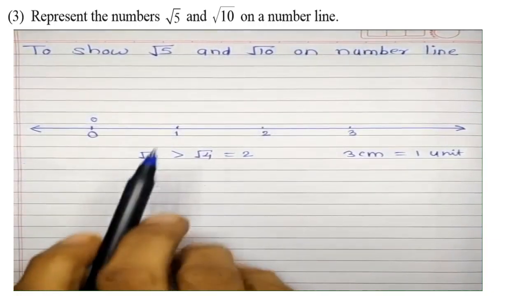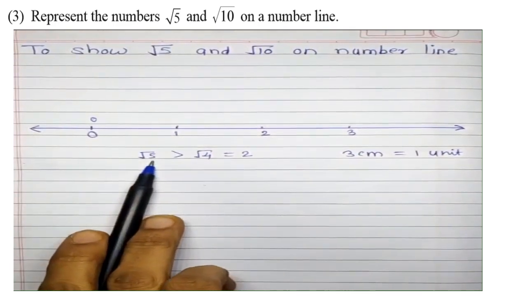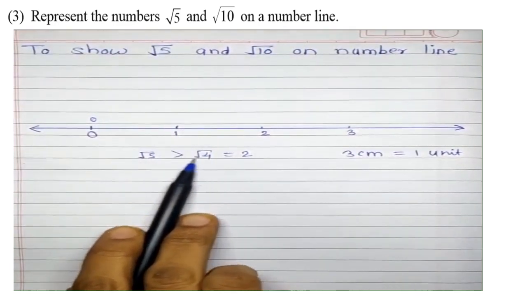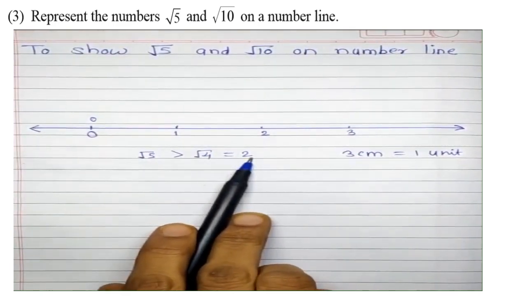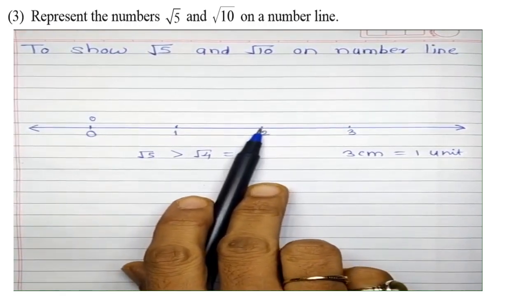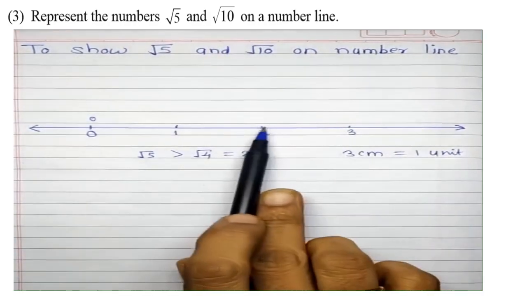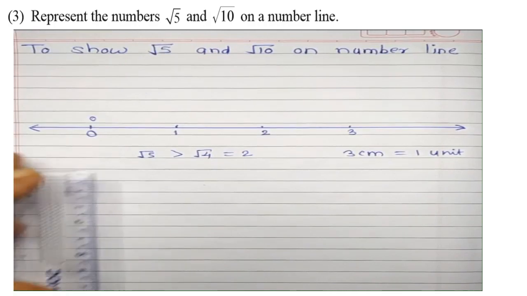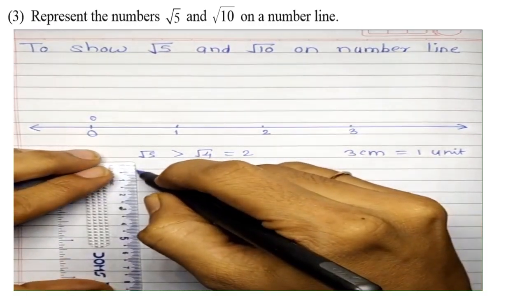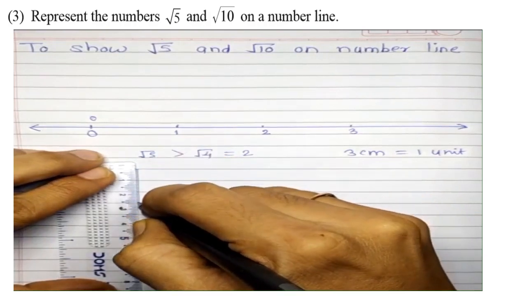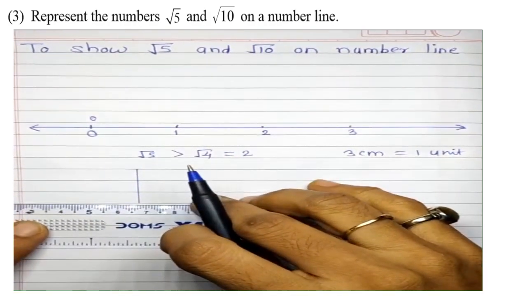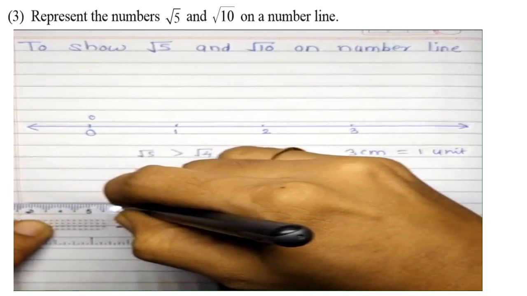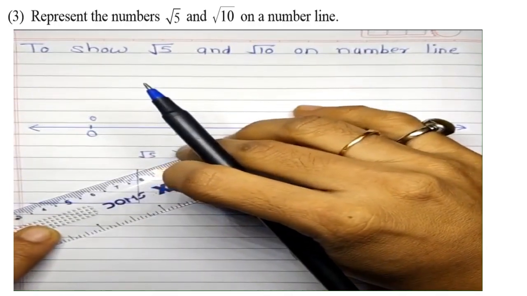Okay. So first let us see about root 5. As I have said, root 5 is greater than root 4, which is equal to 2. So root 5 lies beyond 2, here somewhere. Now let us see how to locate it. For that purpose, we will make use of Pythagoras theorem. You know that Pythagoras theorem is applicable to right angle triangle. Okay, so let us draw one right angle triangle in such a way that